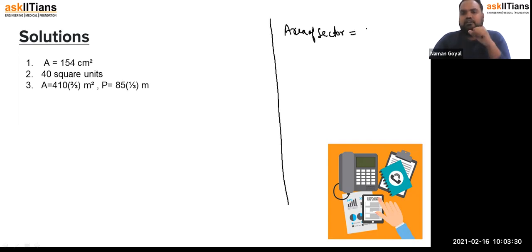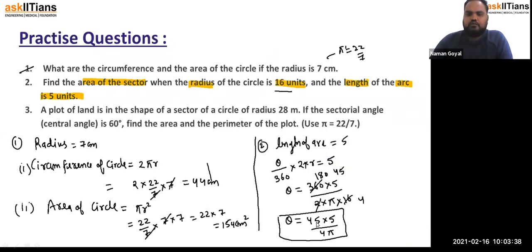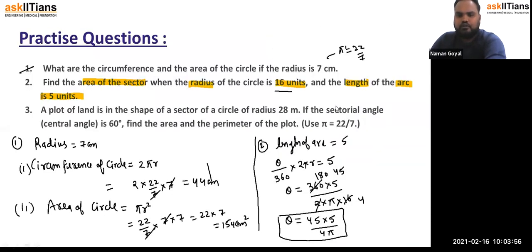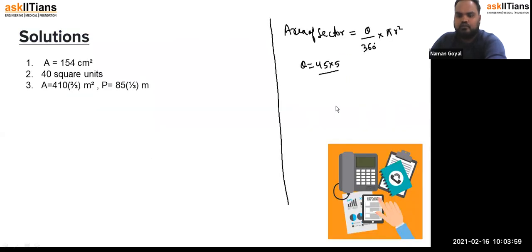We know that the area of a sector is theta upon 360 into pi r squared. Theta is 45 into 5 upon 4 pi, and the radius is 16. So if we put in the values, we get: